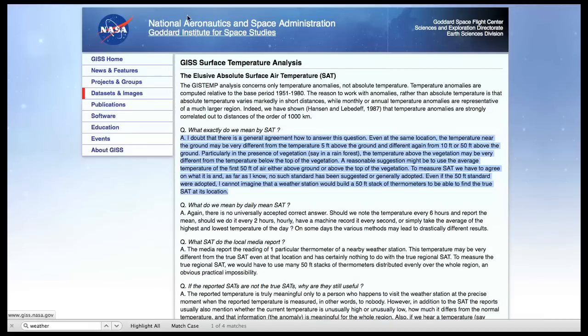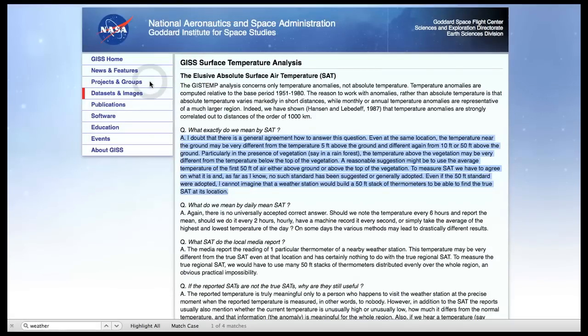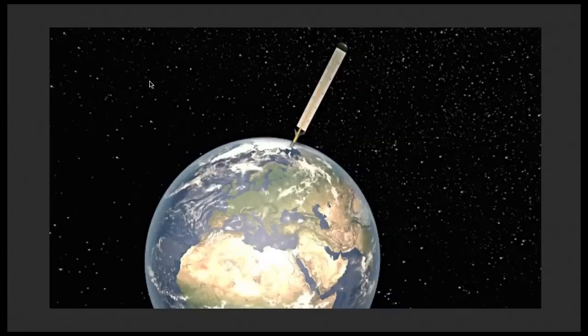So again, even the people who keep the surface air temperature record are admitting that it has to be an artificial construction in some way. Do you think that they can just take raw temperature data from thermometers and put it in? Well, what thermometers, located where, in what way, and how do you weight them given the gaps in the station records and things of this nature? It is a lot more complicated than you might think at first glance. And it's even more complicated when you start getting into the actual ways that they try to calculate a global average temperature.